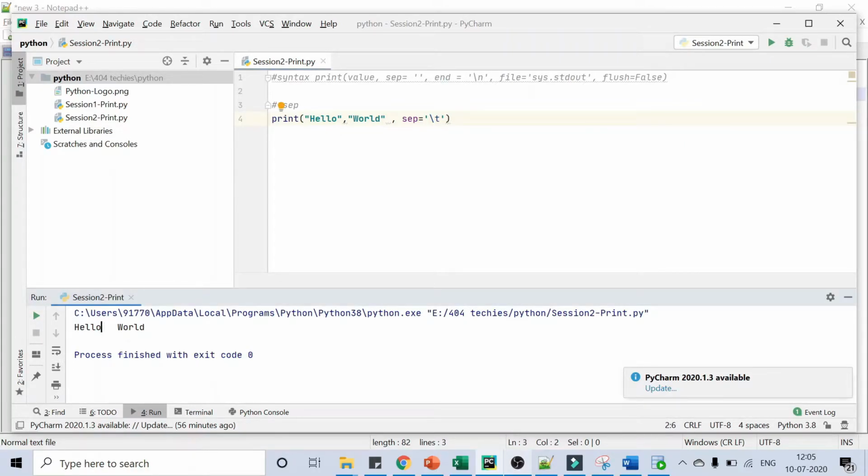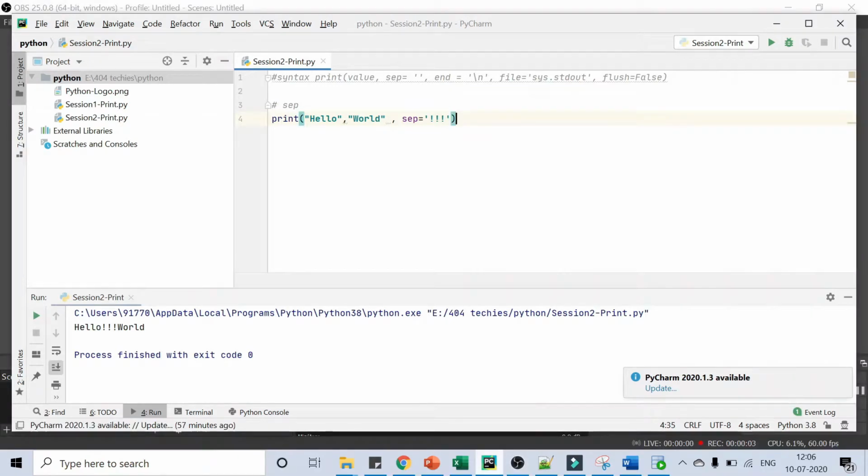Or I can give any string also, say three exclamation marks. So the separator would be three exclamation marks between these two strings. So this is how the separator parameter works in the print function. Whatever separator you want, you can change it. I am setting it to default again.